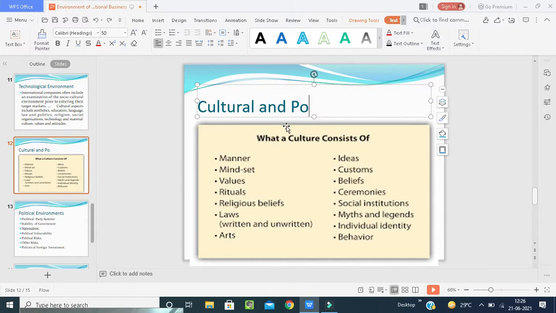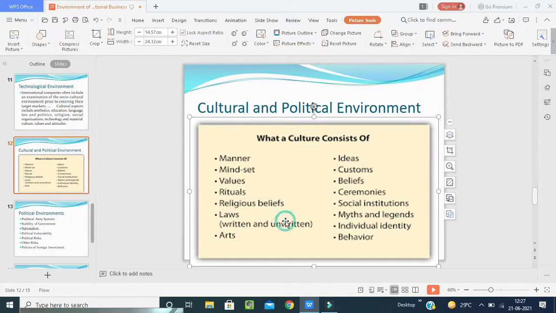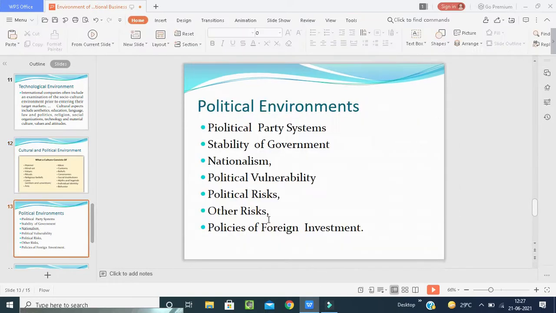Cultural and political environment. Yes. So these are things you can see here. These are things needed in the culture. Coming to the political environments,